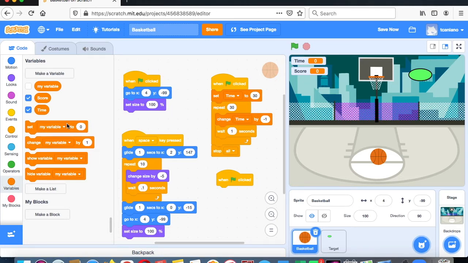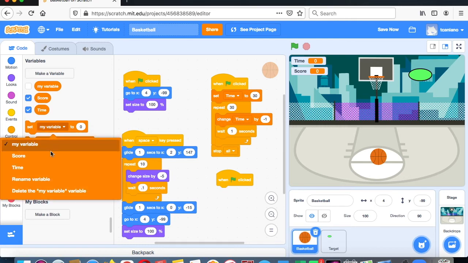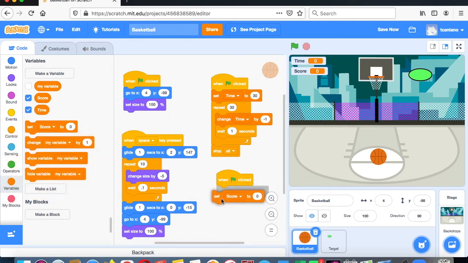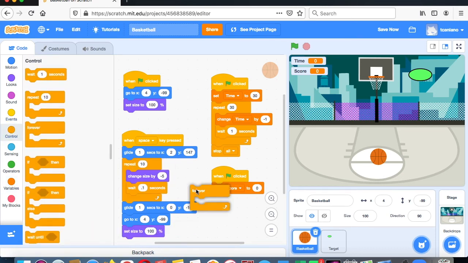And when you play your game, you're going to set your score to 0. So when you start your game, it's at 0. And how do you want to get points? Well, you want to get points when the ball's touching the green here. So what you're going to do is say forever loop, and then an if-then. If touching, remember sensing? If touching,